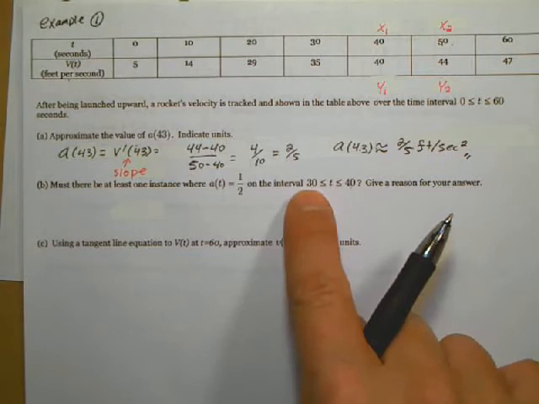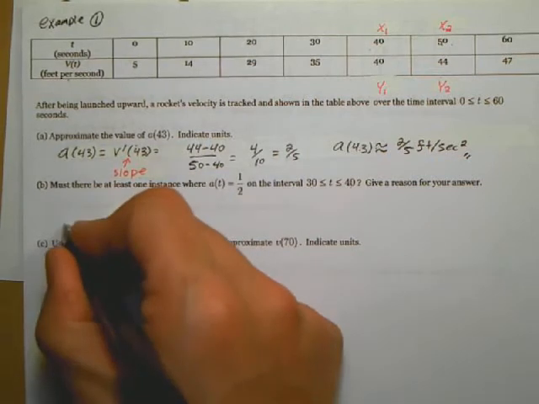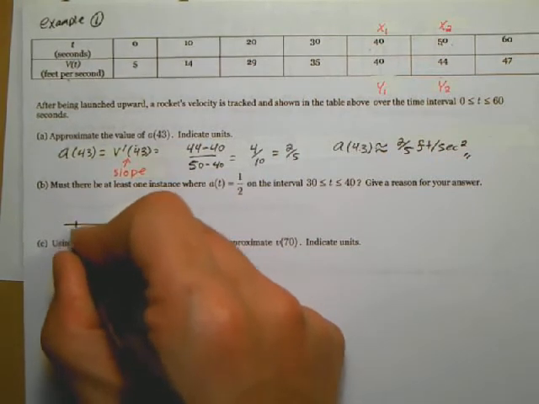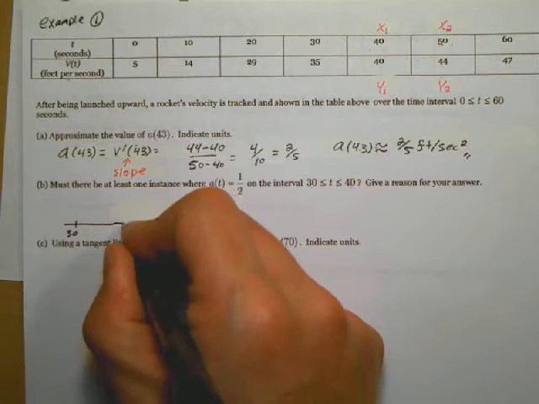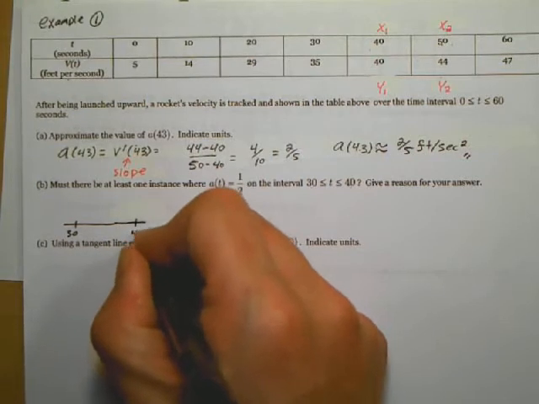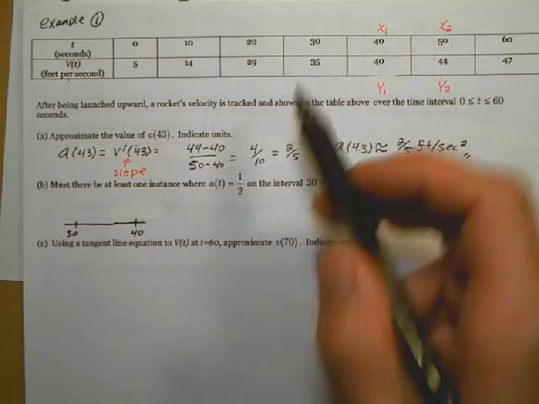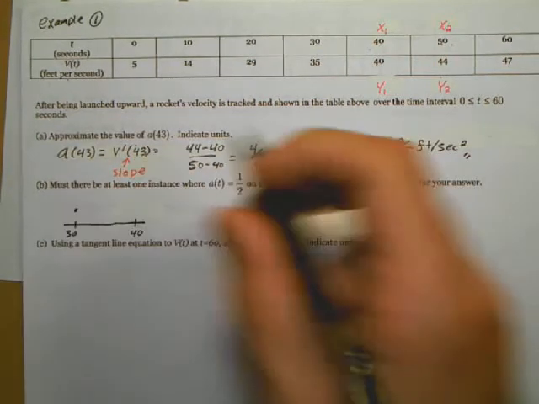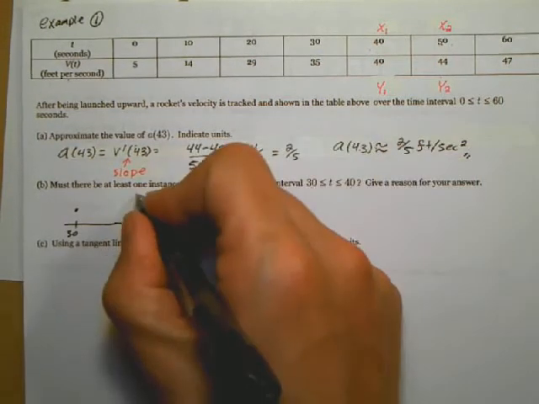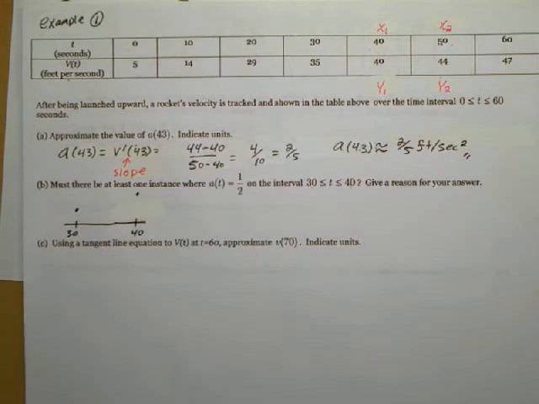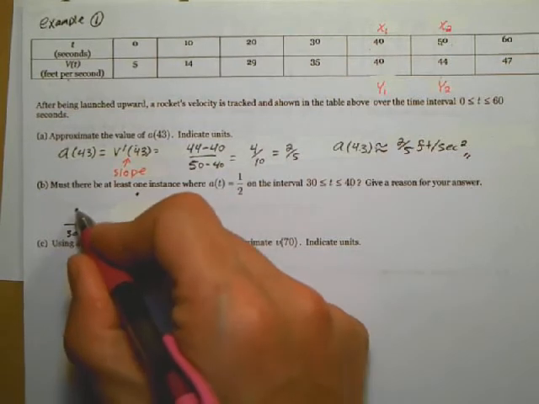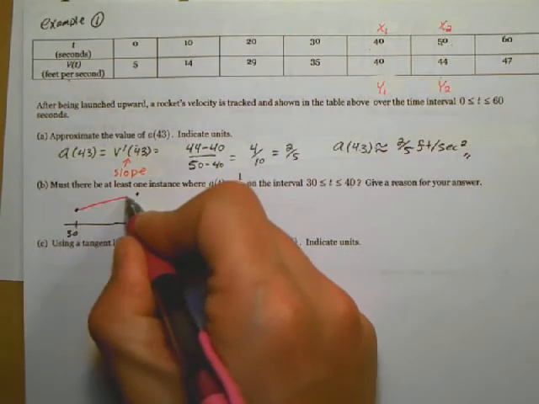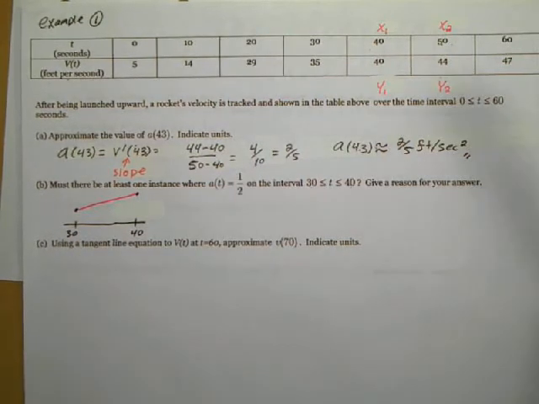So it's talking about between 30 and 40. So I'm going to draw maybe where 30 and 40 are. So here's 30, down the road is 40. So 30 and 40, see the value of 30 is 35, so let's say 35 is right here, and then 40 is a little bit higher this way. So it's kind of like saying that if you were to connect these 2 points and find this slope, and